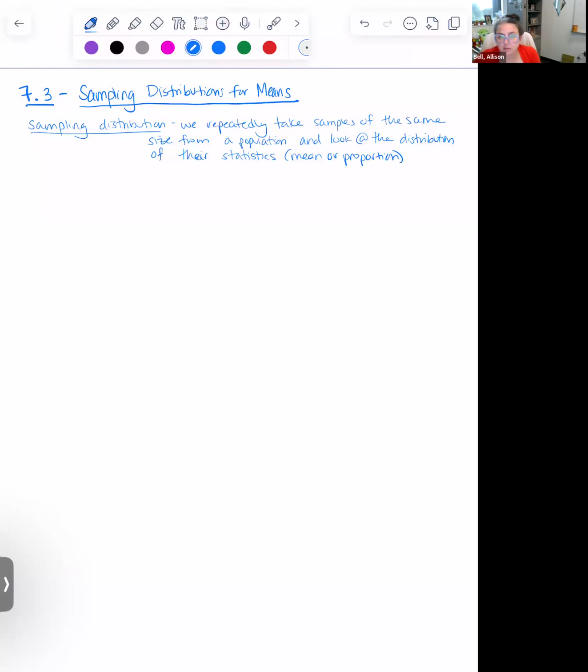So we repeatedly take samples of the same size from a population and we look at the distribution of their